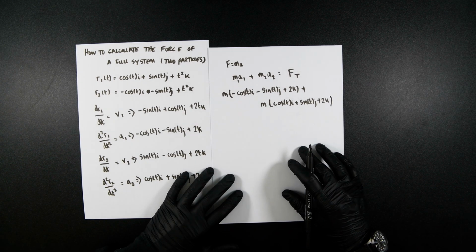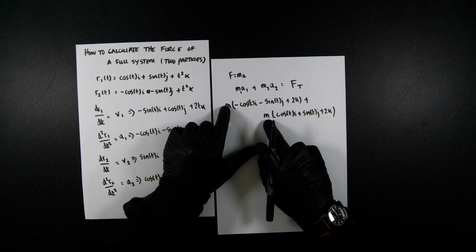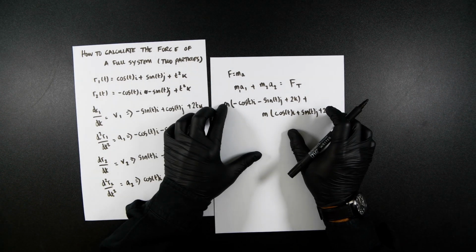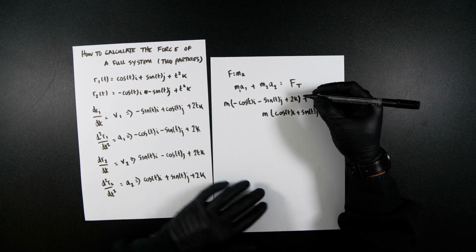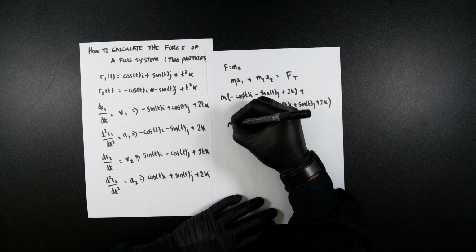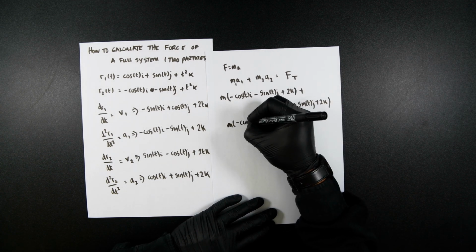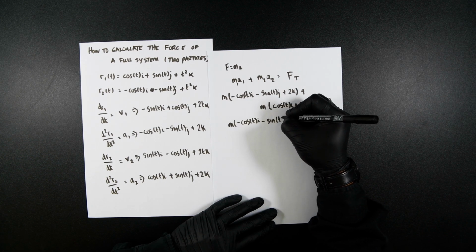Let's close those brackets. We can move these two m's on the outside and basically add these both together because m is common in both. So if we do that and we pull m out, you're going to get minus cos t i minus sin t j plus 2k